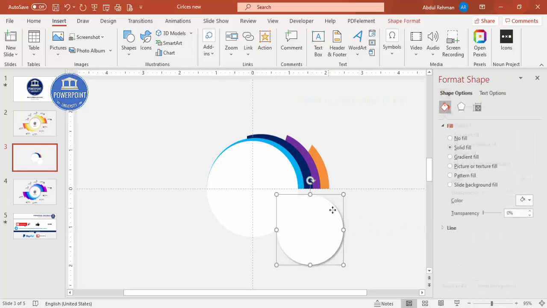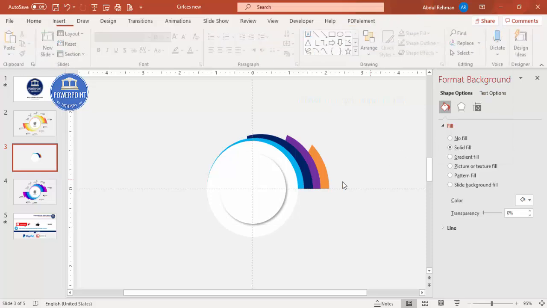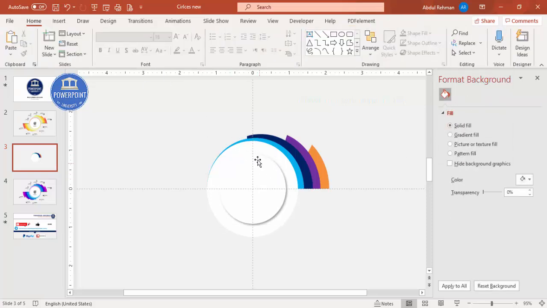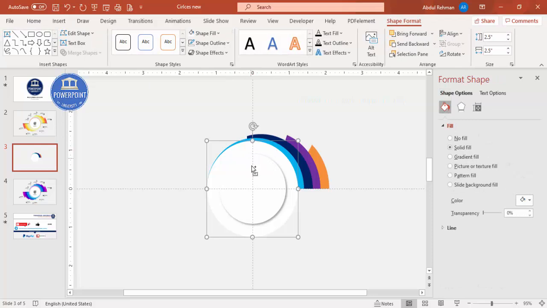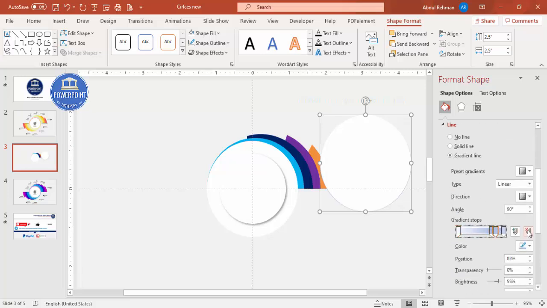Alright, and then I'm just bringing it here again, align center, align middle, and I'm going to add one more. I'm just going to select the white. Okay, and this one I'm going to give some gradient lines. So 4 stops are there, 2 stops I'm deleting, 1 stop, any color you can choose, and later on we can